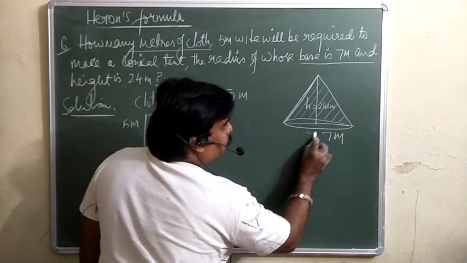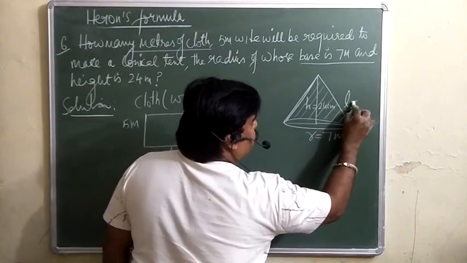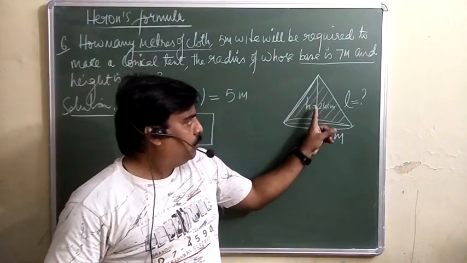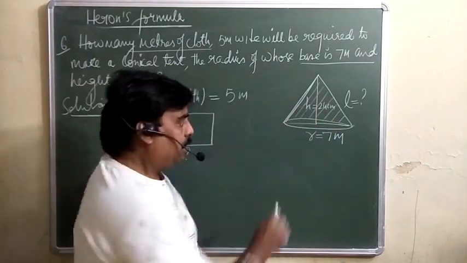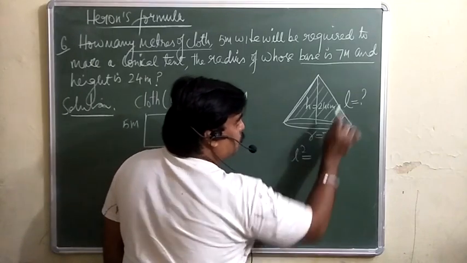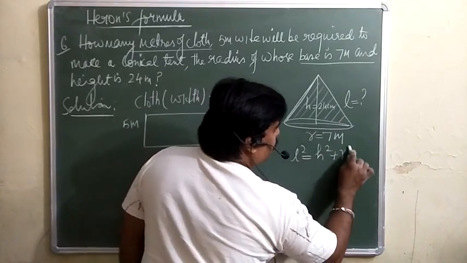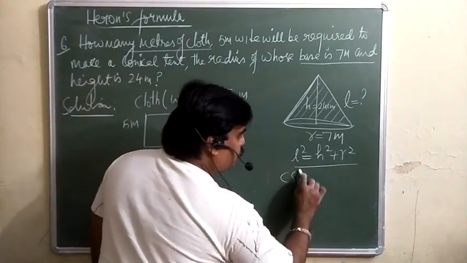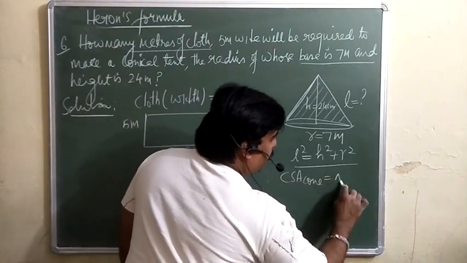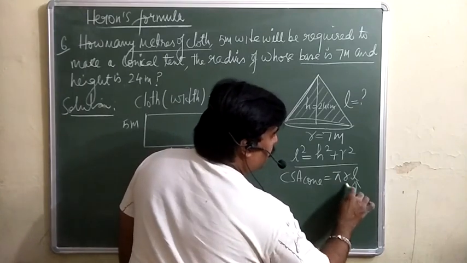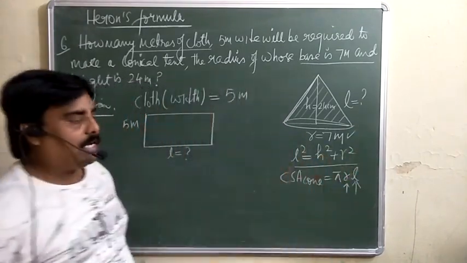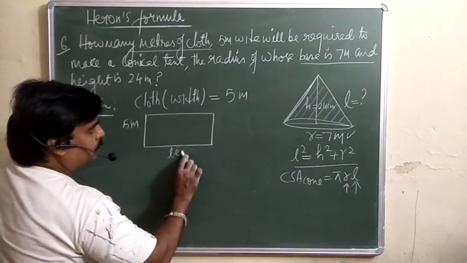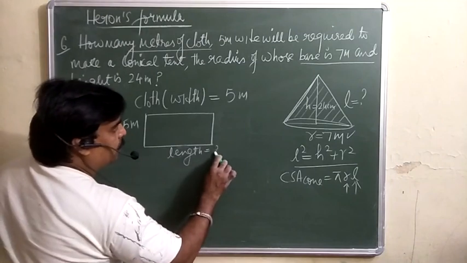तो यहाँ you know the h, you know the small r. जब तक slant height नहीं पता चलेगा, you cannot calculate the curved surface area of this cone. तो you are given h, you are given r, and there is a relation. ये क्या होता है? L square बराबर होता है h square plus r square. तो from here only we can calculate the slant height because the curved surface area of cone क्या होता है? That is equal to pi r l. So you need l, you need r. R is already given. You have to calculate the l first. So this is your slant height. This is the length. There's no need to confuse it here.